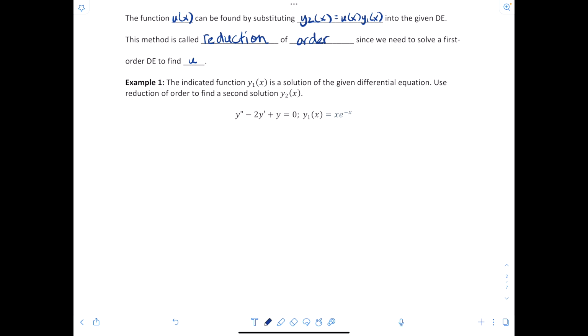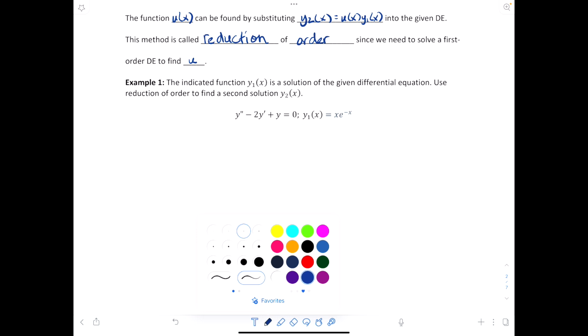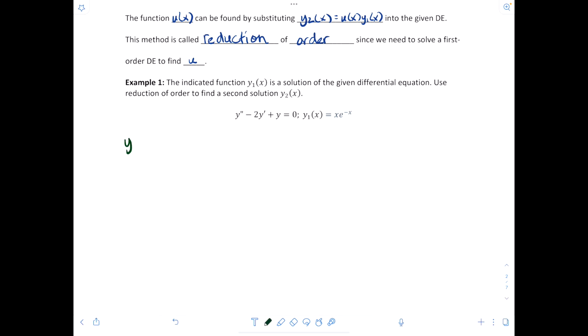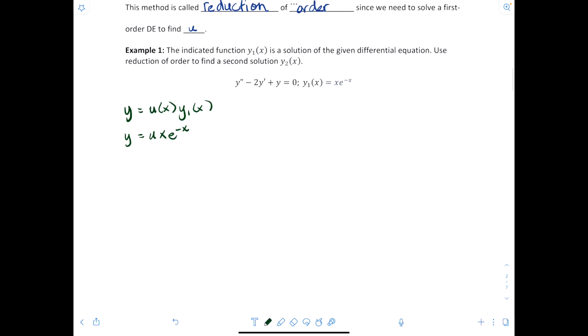So we have been working with the idea of our substitution, that y is equal to u(x) times y1(x). Well, y is going to equal u times x e^(-x), because y1(x) is given as x e^(-x). Good so far? All right, and now going with y prime, u is a function of x, so